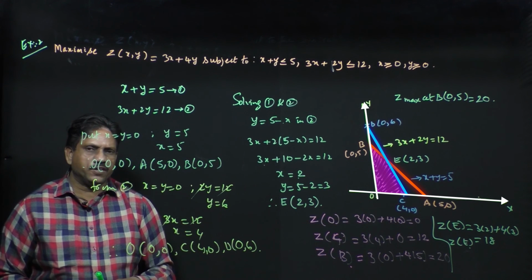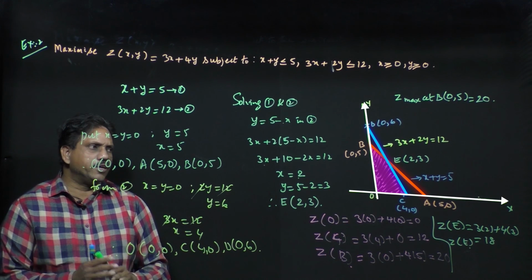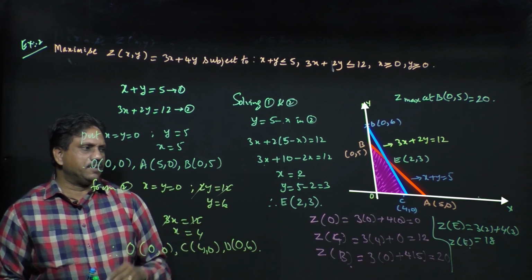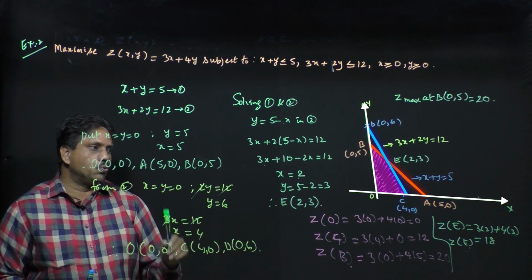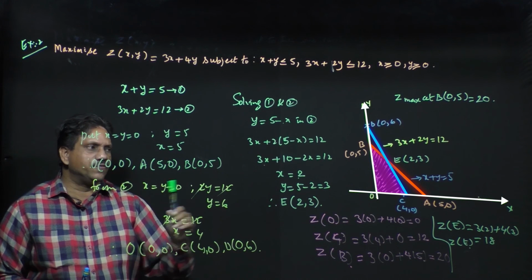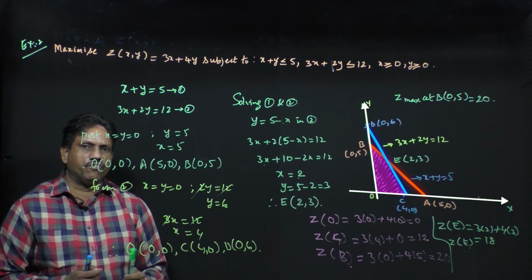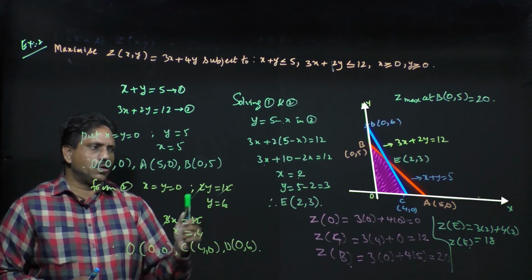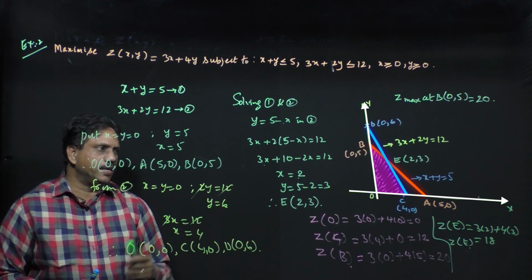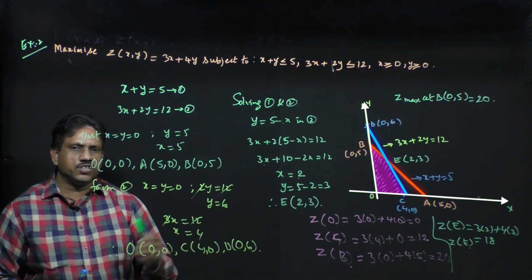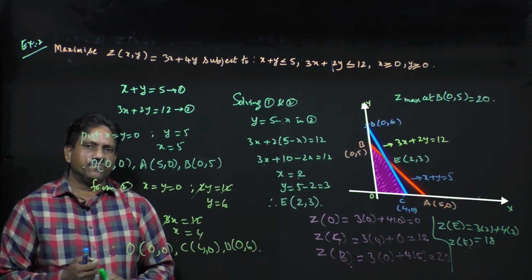Let us find the point of intersection. It is intersecting at a point E, 2 comma 3. Put all the points on the graph. Now we have to shade the feasible region OCEB. That is your feasible region. Now you have to put each corner point and find the maximum value. At O, I got 0. At C, I got 12. At B, I got 20. At E, I got 18. Out of all of these values, at corner point B we are getting the maximum value.